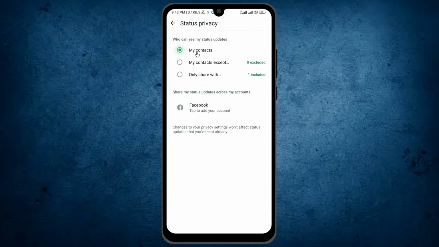First option is My Contacts. If you set this to My Contacts, then without your contacts, no one will be able to see your status on WhatsApp. Second option is My Contacts Except. If I tap on it,